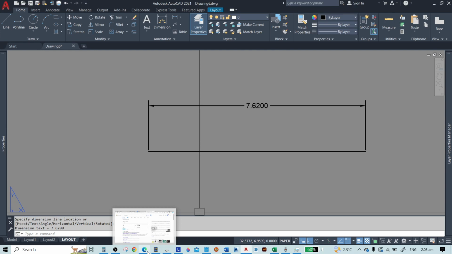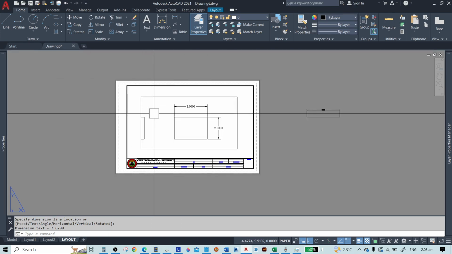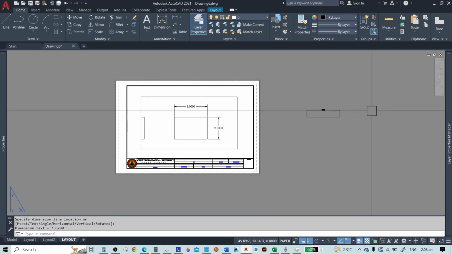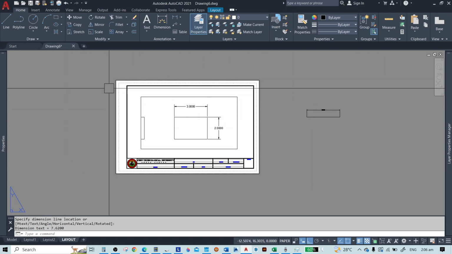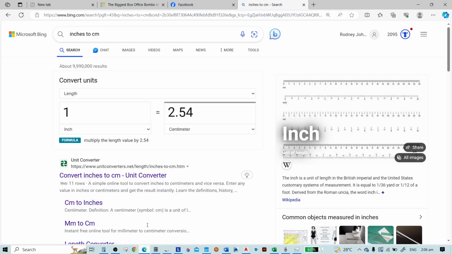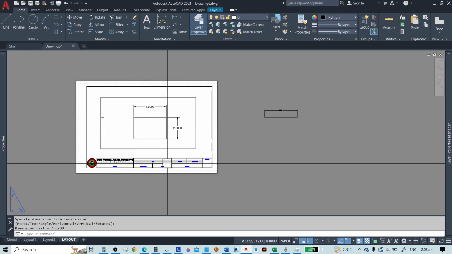Now that is 7.62 centimeter, because as I've said earlier, this paper space here is in centimeter. Now let's convert 7.62 centimeter. As you can see, it's 3 inches, right? So this one is correct in scale.